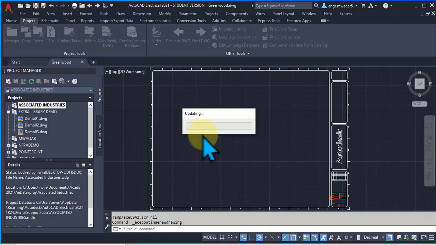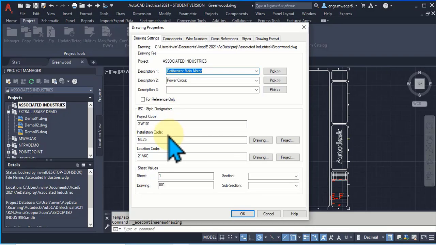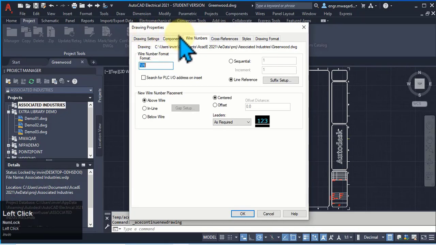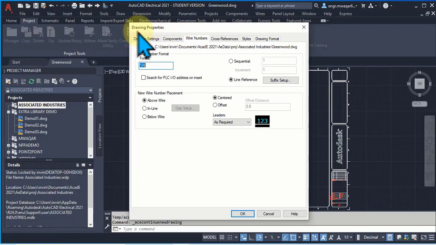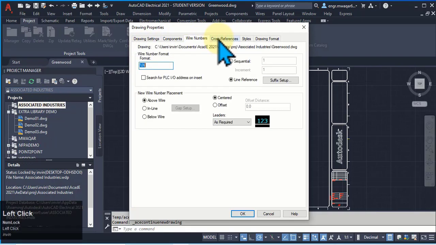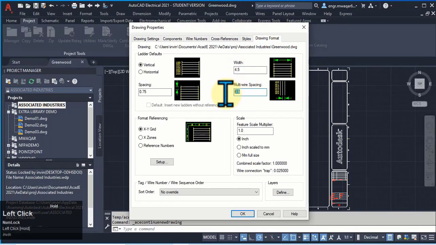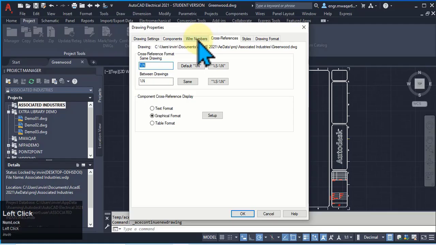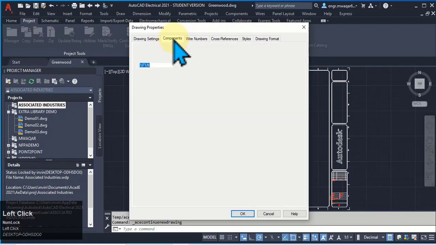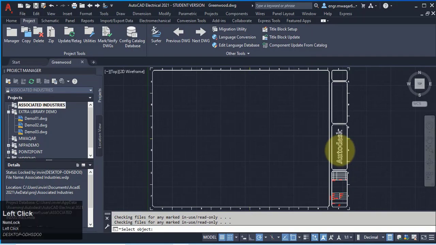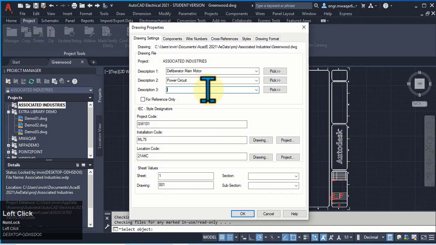Yes, it's updating, and now you can see these settings which I was talking about. These are the drawing properties, but that was before, when we were opening a project. These were the same tabs: component, wire numbers, cross referencing. So these are the default project settings. From here, let's suppose you want to pick this one. You can